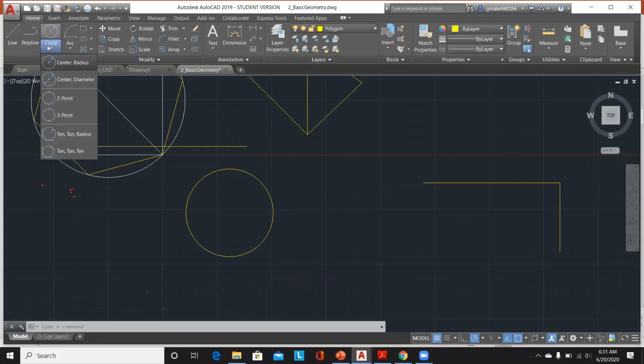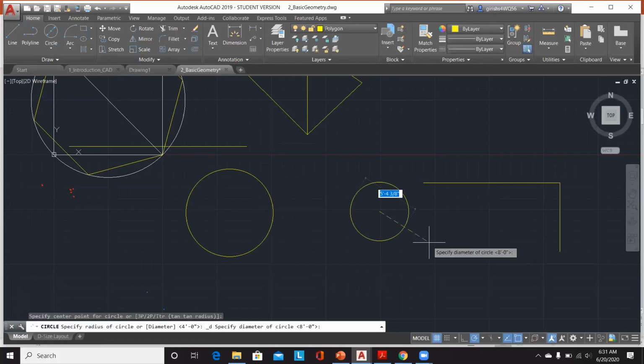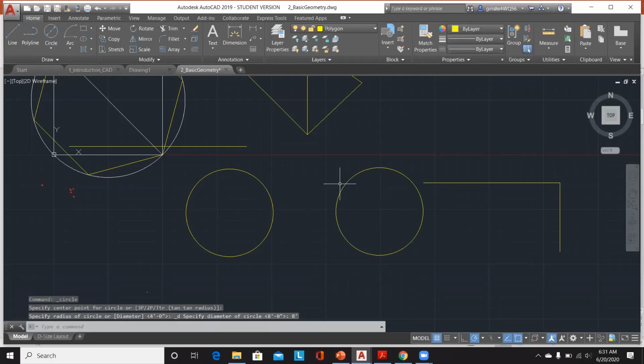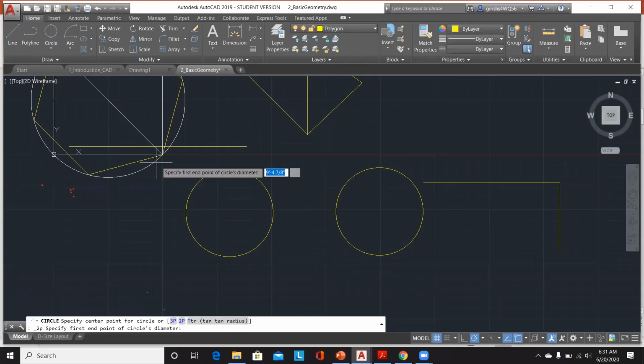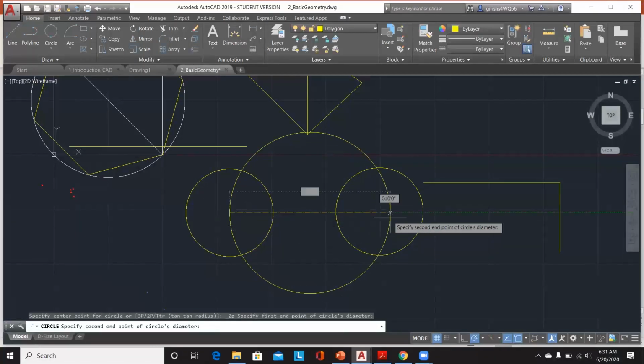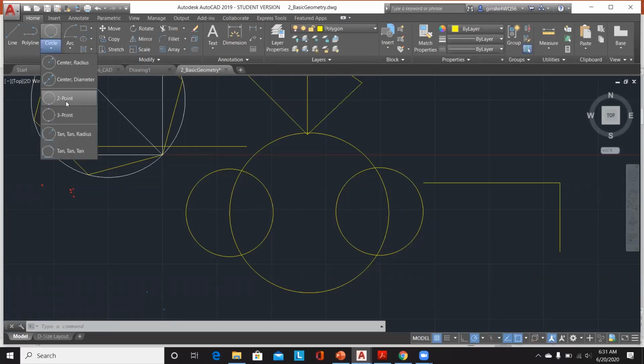The other way to create a circle is using center and diameter. For example, I can click this point to be my center, and then I can click my diameter, and then it creates a 4 feet radius circle which is 8 feet in diameter. Or what I can do is a 2-point circle. I can create the first point, and then the second point, so you can create 2 points that will act as the chord or diameter, and then it helps you produce the circle. Similarly, a 3-point circle,